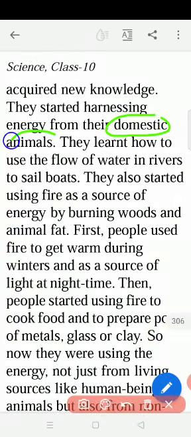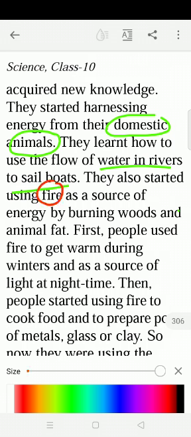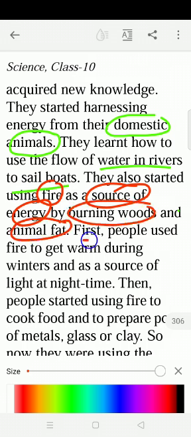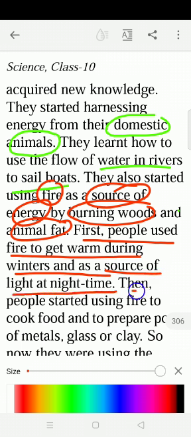Afterwards, what did they do? First they used the chemical energy present in their body. Second, they used the domestic animals. Now they learned how to use the flow of water in rivers to sail boats. And then afterwards they also started using fire as a source of energy, burning wood and animal fat. First people used fire to get warm during winters and as a source of light at night. Then people started using fire to cook food and to prepare